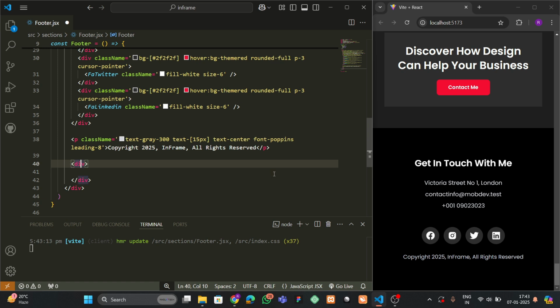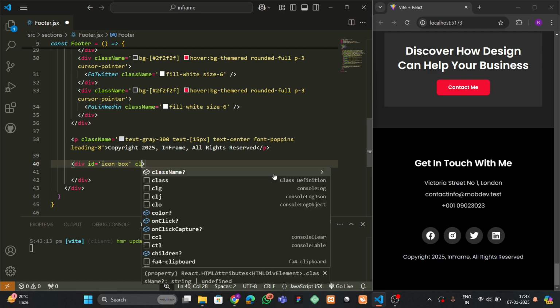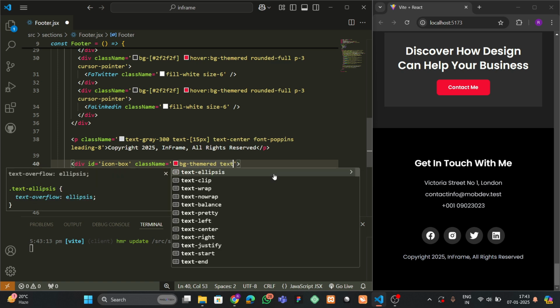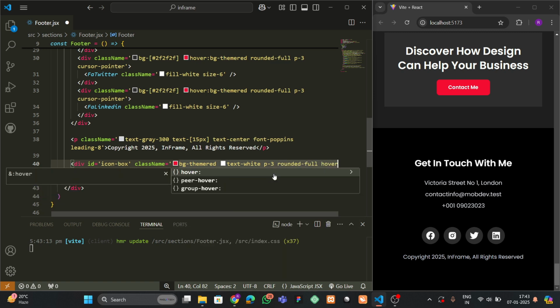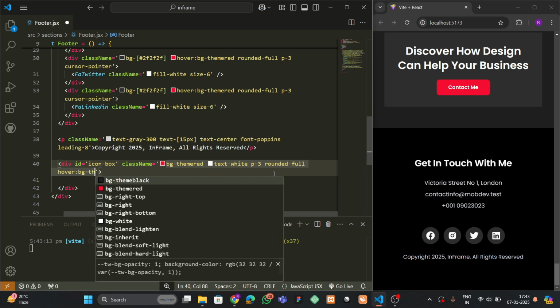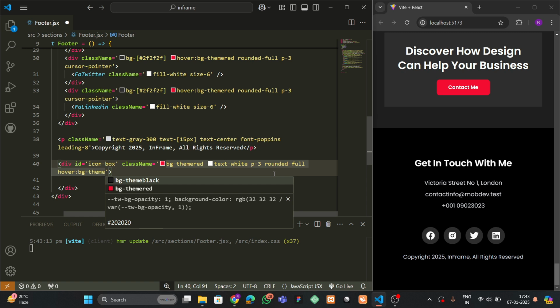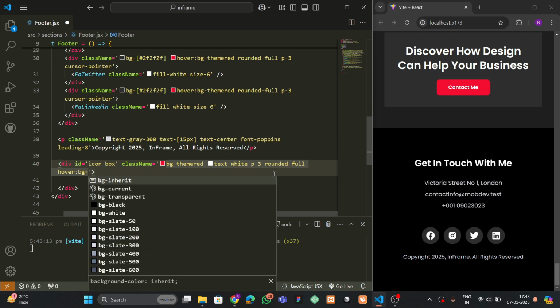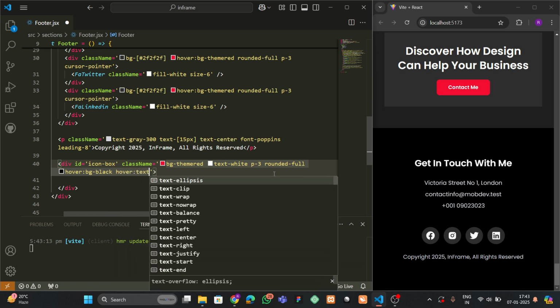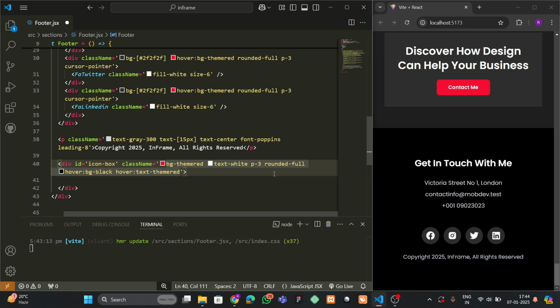We can make a div, and here we can add icon box, and here we can add class name bg theme red, text white p3 rounded full, and for the hover bg, for the hover we can use any color, like bg black or something. Okay, and for the hover text would be theme red,